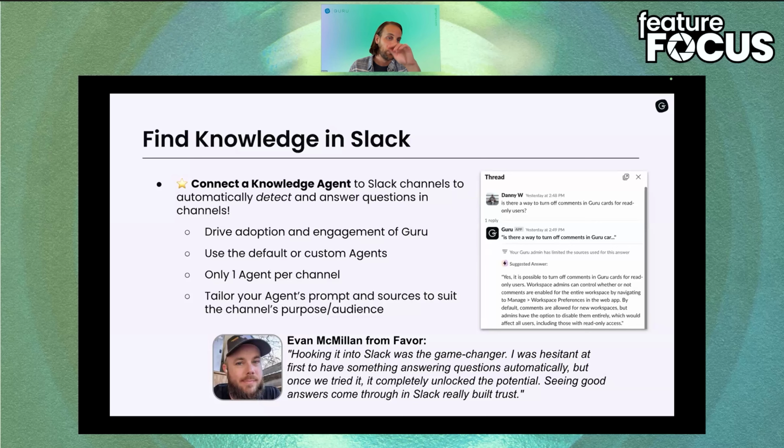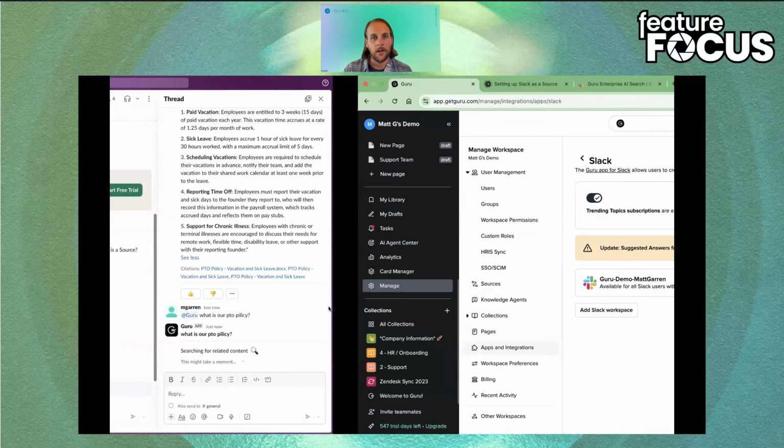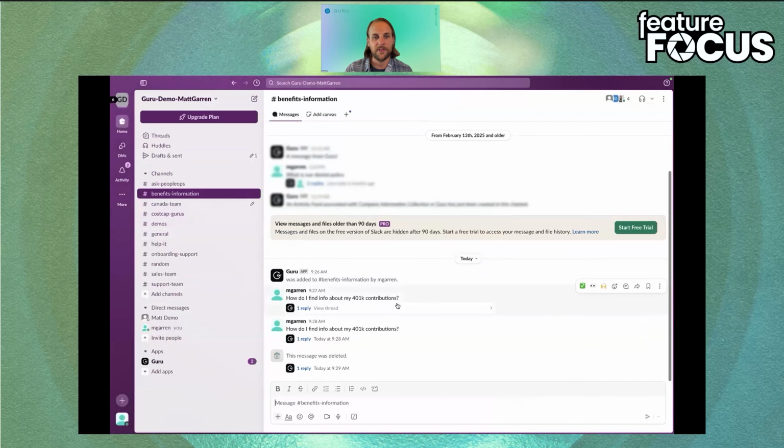So let's say, and I'll shift over to the demo here, I have a benefits information channel, and I've hooked up a knowledge agent that is specifically looking at information around benefits and is designed to answer questions around benefits in a specific way. And because that knowledge agent is already hooked up to this channel, I don't have to @Guru. I don't have to do any sort of command if I'm an end user. I don't have to change my behaviors at all. If I just have a question around benefits or whatever it may be, I can come into that Slack channel and I can just ask,